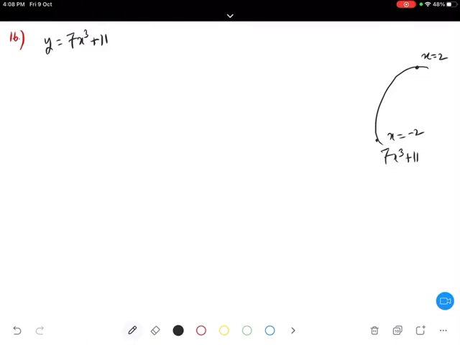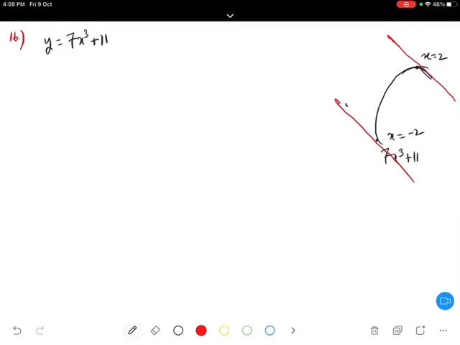So basically they mean what? So here I will just draw this one. If there is a curve and in that curve there are 2 points, point 2 and point minus 2, we have to prove that at those 2 points the tangents are parallel to each other. Okay, so first thing I will do is find the slope of the tangent.